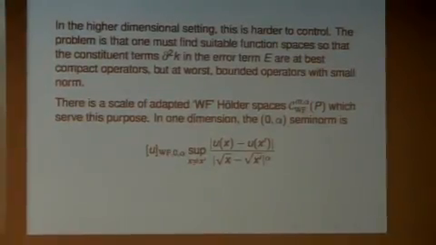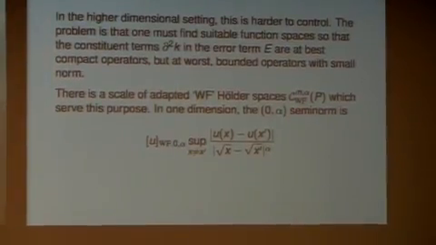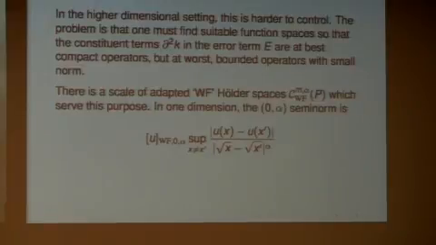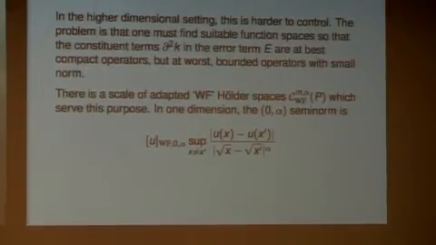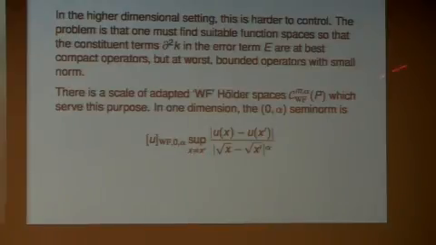Now, as I said, one of the big features here, and this is again very typical of the general problem, is that you have to work hard to find good function spaces to make this work. And it turns out the adapted function spaces here have this sort of odd scaling property. It's not too shocking if you think about the form of the operator, but it's not obvious from just staring at it. So, I forgot an equal sign here. But these are what we call Wright-Fisher-Holder spaces, the WF Holder spaces.